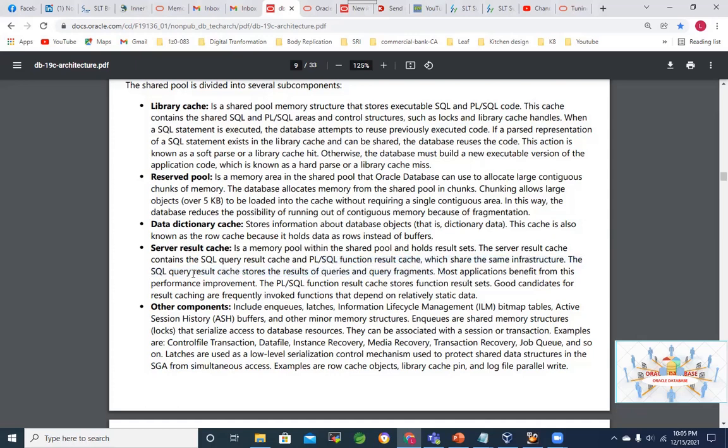The SQL query result cache stores the results of query fragments, that is, SQL outcomes. To get the final outcome of a SQL query, there can be subqueries within the main query, and the output of the subqueries may have to be merged. Oracle can temporarily store these outcomes in the SQL result cache. If the statement is repeated, there is no need to calculate again; it can take the result from the cache. PL/SQL does the same thing: results of functions can be stored in the cache and reused when the same call repeats.